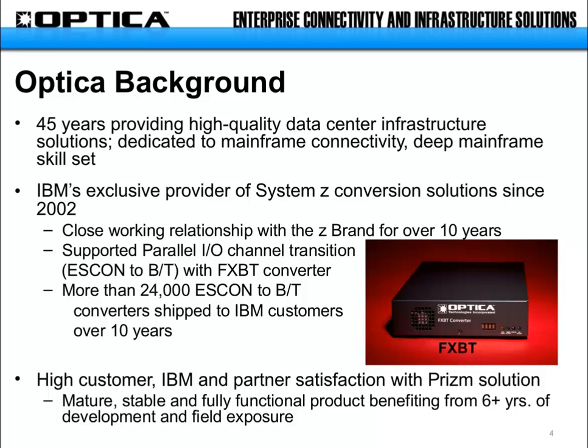So it's that exclusive relationship with IBM System Z that has progressed to a point where we are actually producing the next generation of converter, known as Prism, a FICON to ESCON converter solution that IBM System Z customers are leveraging today. The product itself, Prism, has been available in the market for more than 6 years and has a very large installed base globally already across all market segments. Large customers, small customers, including business class all the way up through the largest enterprise class customers.